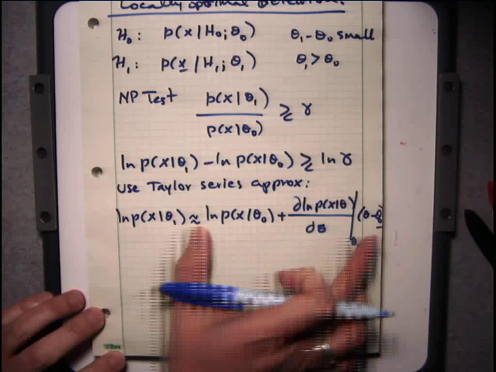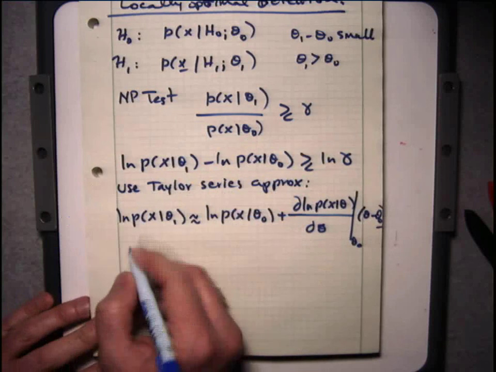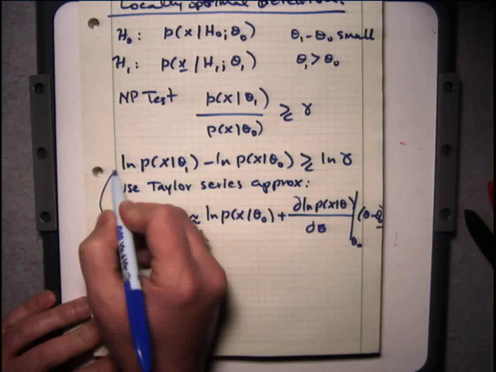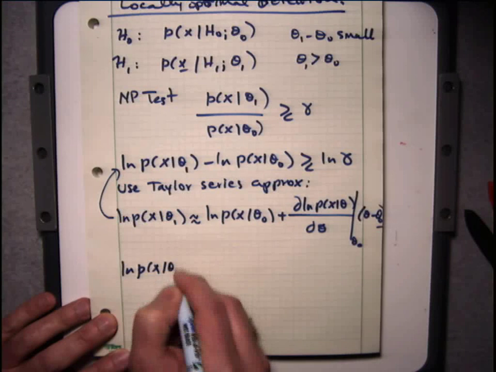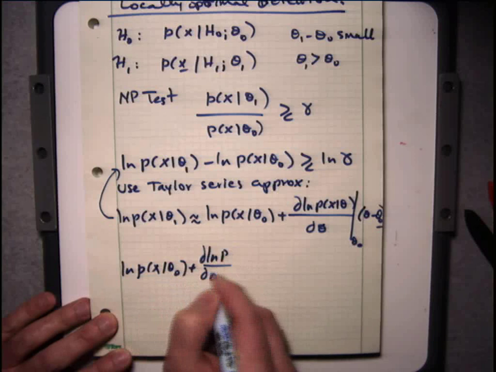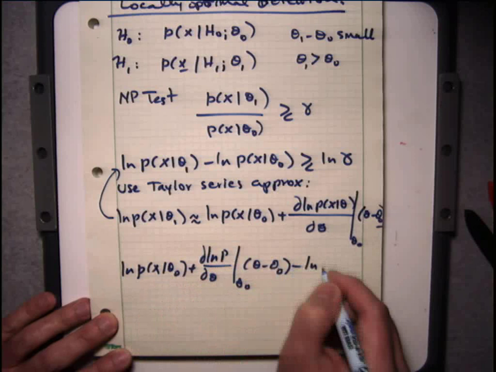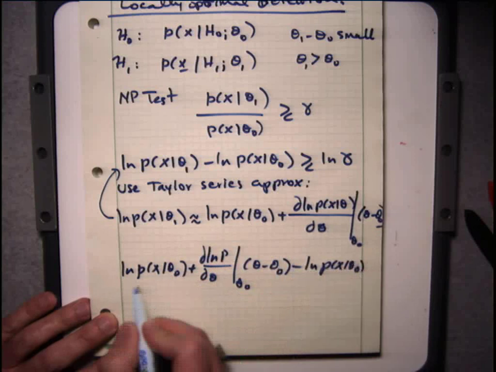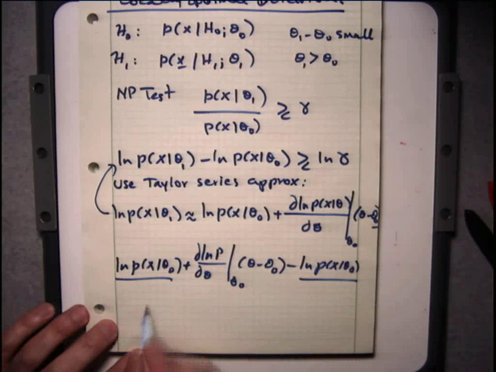If I simply take this approximation and just plug it in here, what I'm going to get is log p of x given theta 0 plus this derivative, minus log p of x given theta 0. Now if you see, these two pieces are just going to go away, right? They just cancel each other out. And what I'm going to be left with is